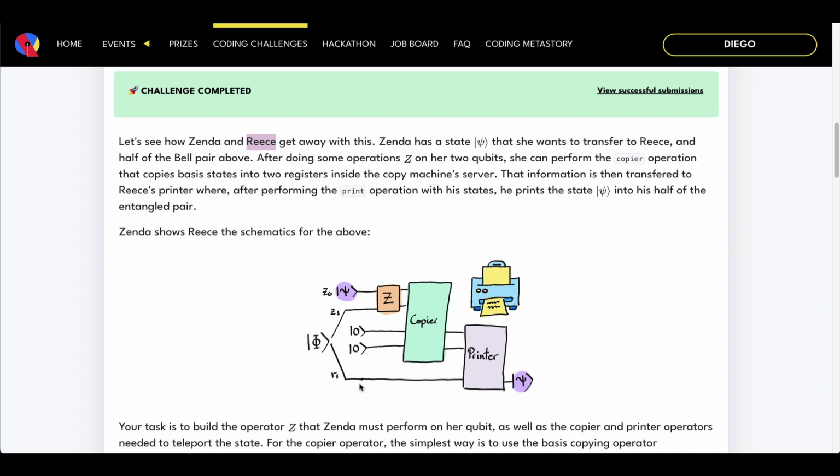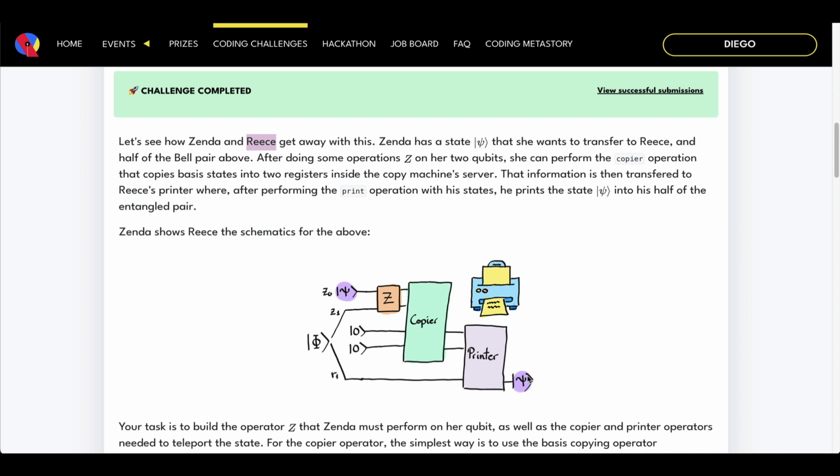Now, what they do tell us is that Zenda and Reese share a Bell pair. So then we need to figure out how we can construct this block's Z, copier, and printer to transfer the state psi from this qubit all the way down to this qubit. And as you can see here, even though they cannot apply any gates between their two qubits, we are given two auxiliary qubits here where we can apply some operations to connect things all the way from here at the